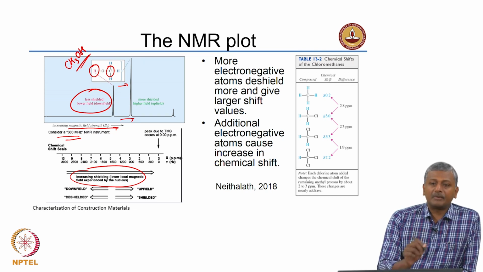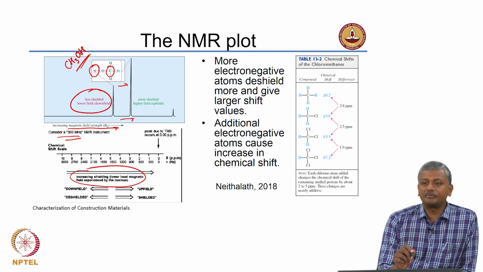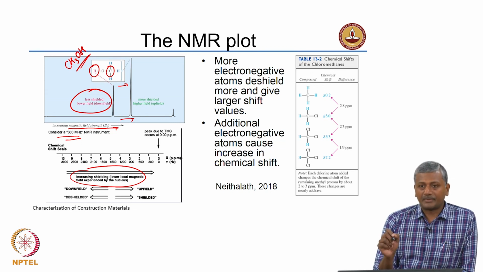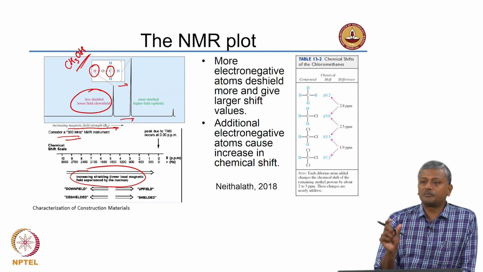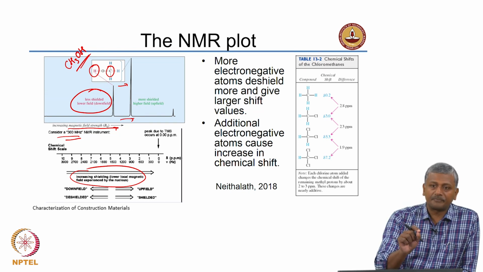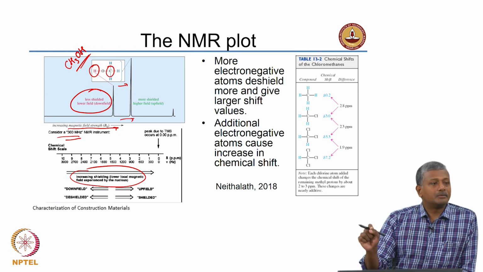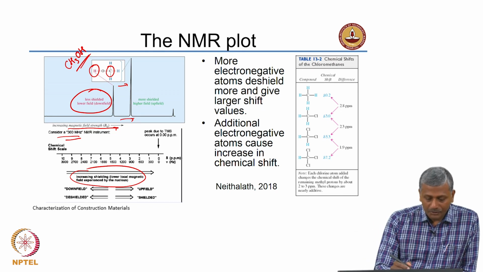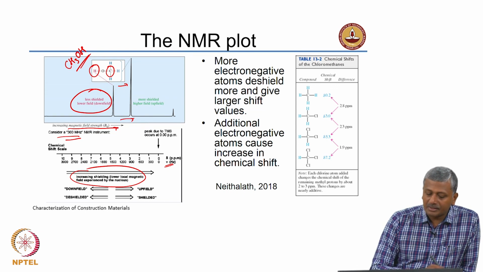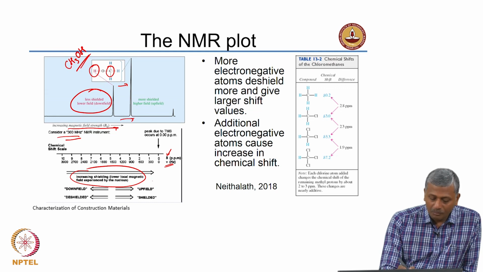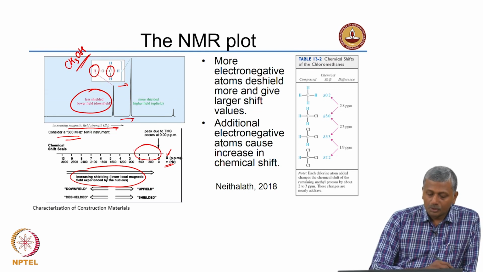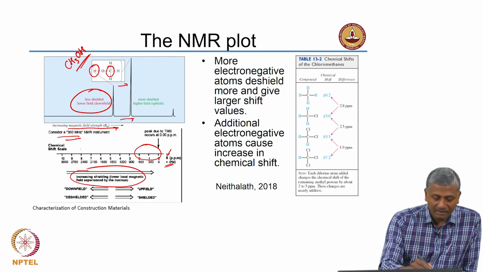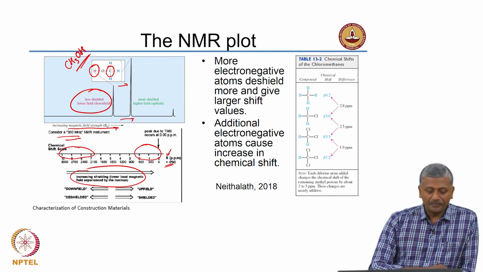As I said earlier, NMR spectra are typically represented in terms of the peak shift delta, which is the difference of the frequency of this proton minus the frequency of the reference sample, right. So here, for instance, the frequency in hertz is also given and the shift delta is also given. When you have more shielding you show a lesser shift, and when you have lesser shielding you show a higher shift in your NMR spectra.